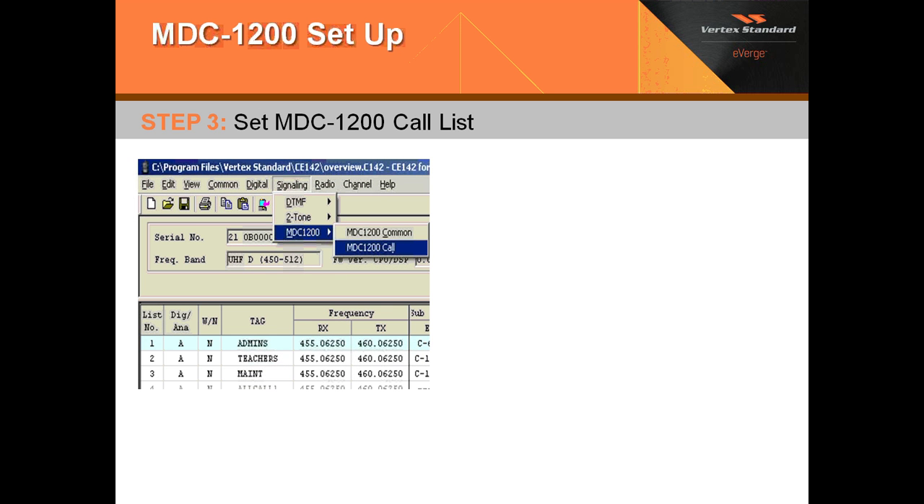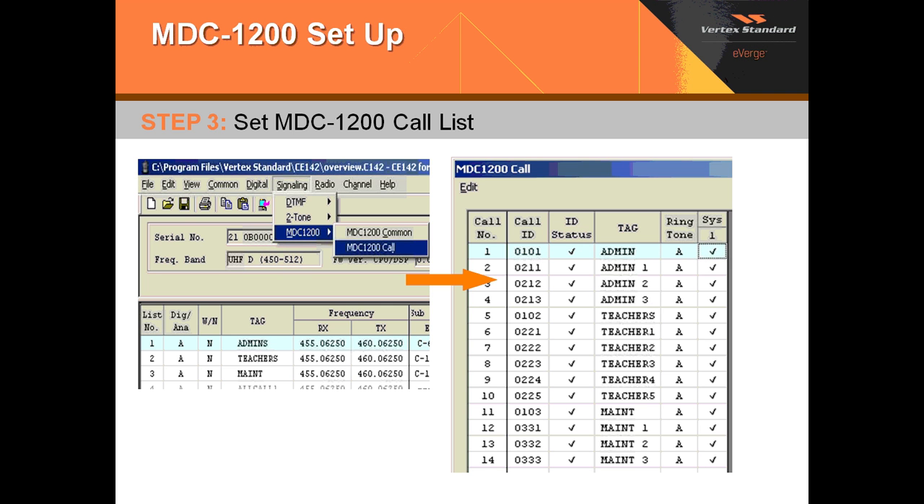Your MDC 1200 call list is located under signaling, MDC 1200, then MDC 1200 call. Once you've clicked on that, it'll bring up your MDC call list. As you can see, you can enter in all the appropriate IDs of your system, and make sure that system 1 is checked. You also may type in the tags as well. This is what the ANI is referencing, this list here. Alright, after this you will click OK,